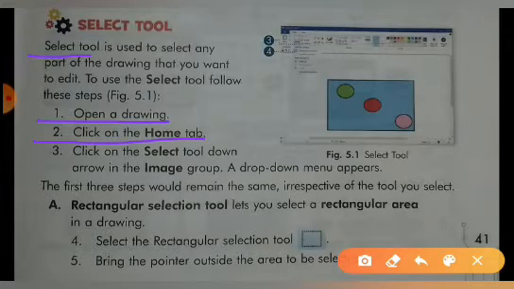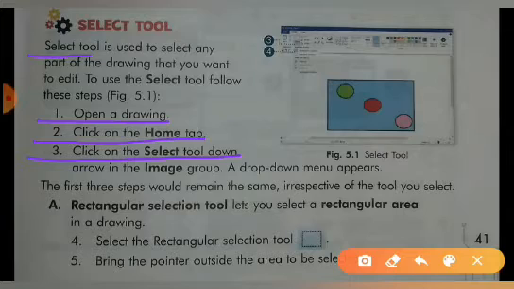The next step is to click on the select tool down arrow in the Image group. Then a drop down menu will appear. The first 3 steps remain the same irrespective of the tool you select.